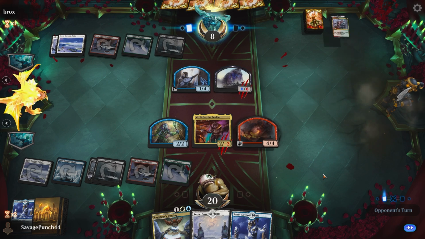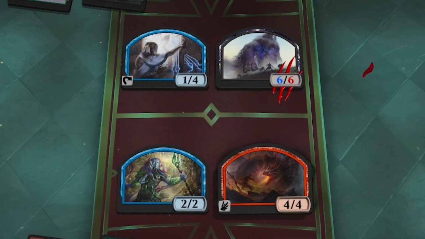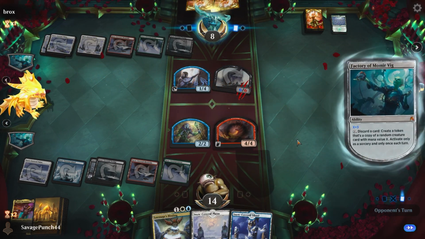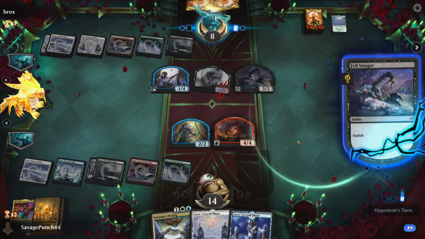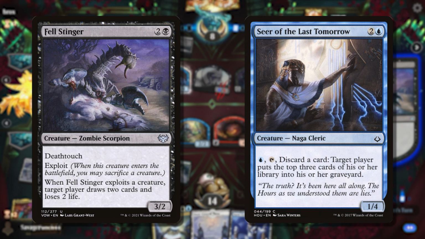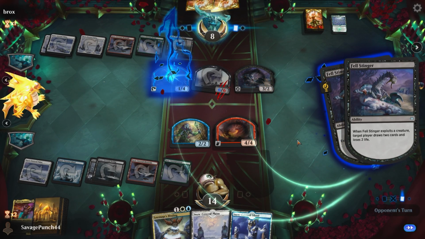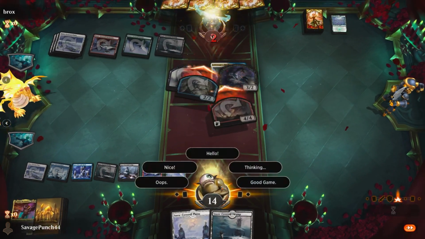Of course, it wasn't gonna be that easy. Honestly, why didn't they go for the 2-turn clock of a Flying Dragon? They attack us for 6, then Momir for 3, creating a Fell Stinger token. This is perfect for us. If they exploit the Seer, they take 2 damage, then we can Binding the Stinger and swing in for lethal. They fall into that exact trap, and with our Aura in place, they have no defenses when we swing in